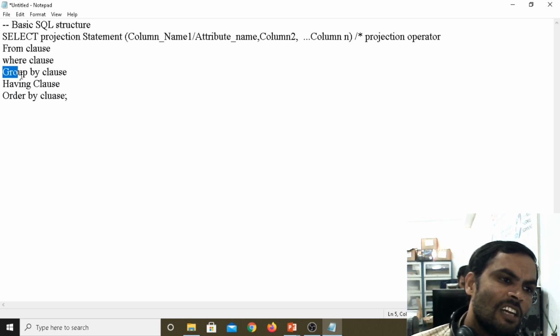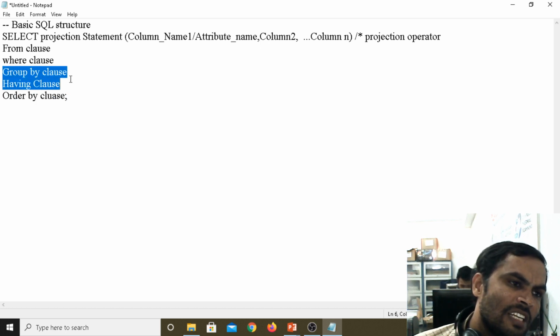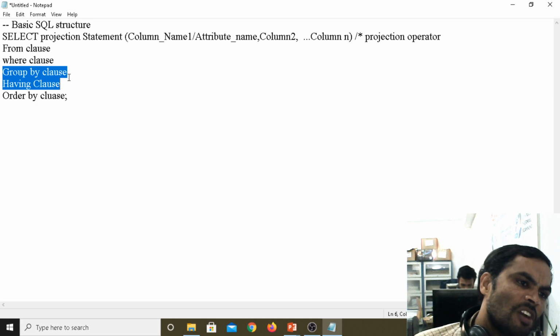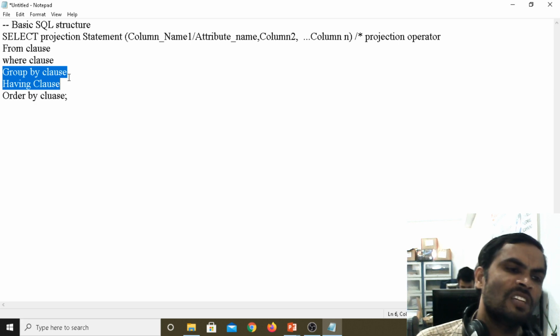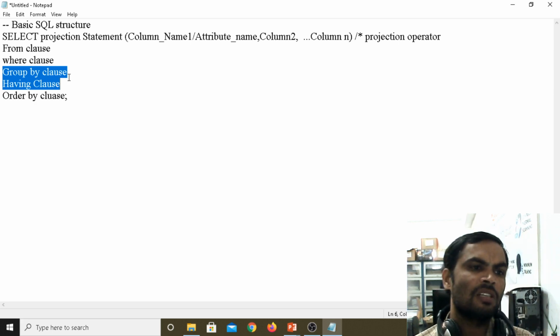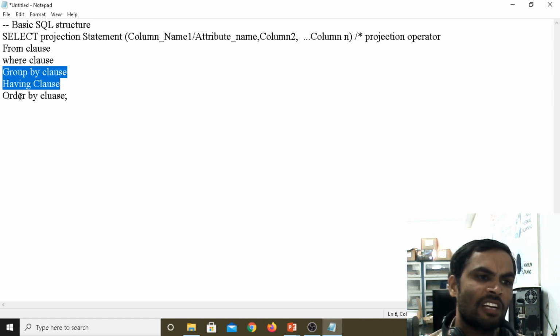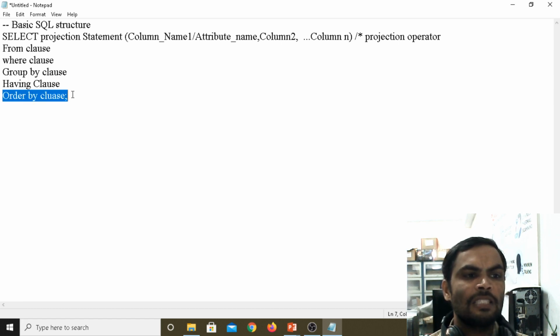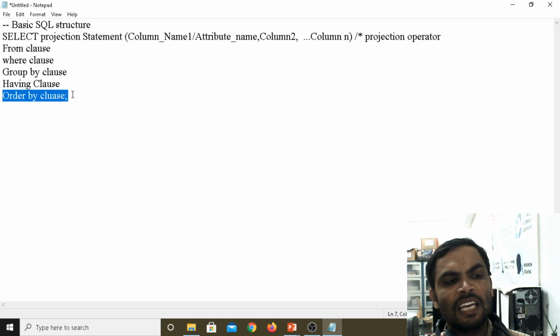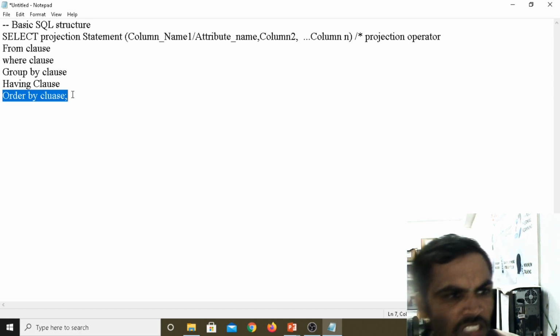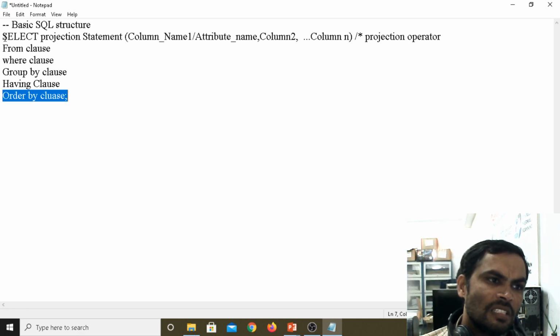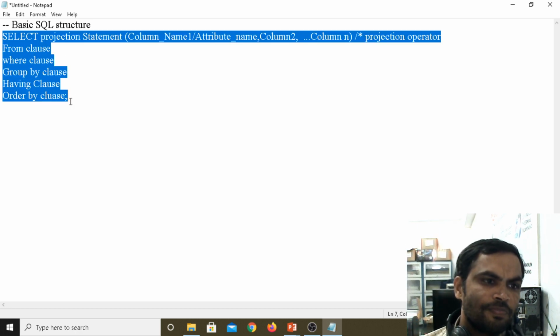If you are not writing the group by clause, we should not declare the having clause. Based on the query requirement of the scenario, we should declare the having clause. The order by clause by default takes ascending order. If you want to display in descending order, we can use the order by clause. This is a basic structure for your SQL query.